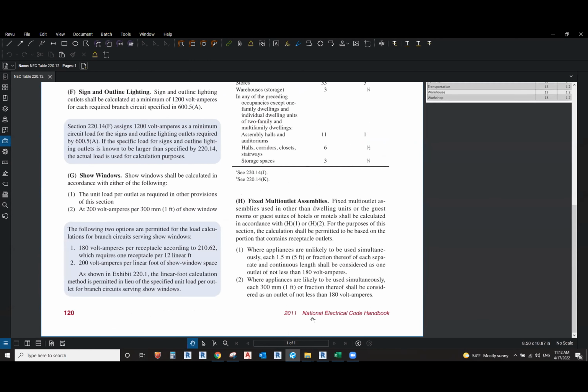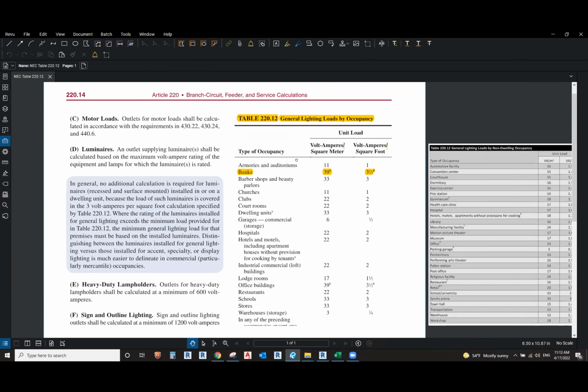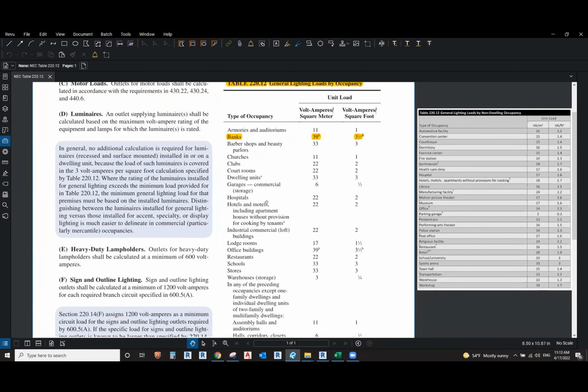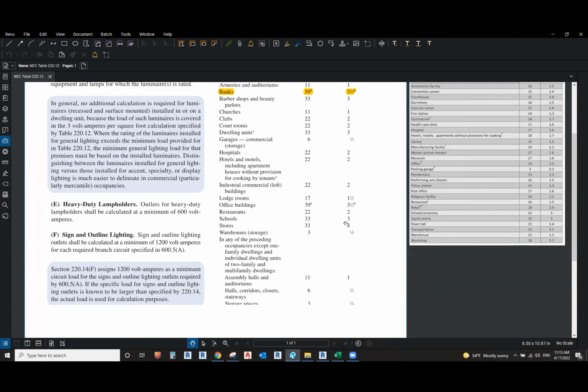So as you can see, this is the National Electrical Code, right? And then we have Article 220.12 for general lighting load by occupancy. So we took 3 kVA, right? Which is school. Yes, but can you check on the right side? It shows a museum. On this one? Yes. But